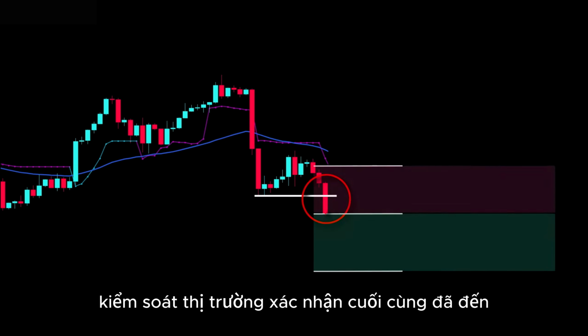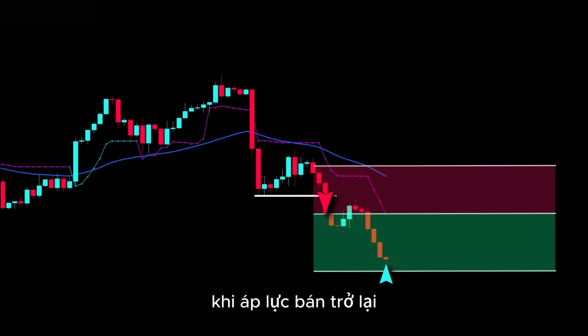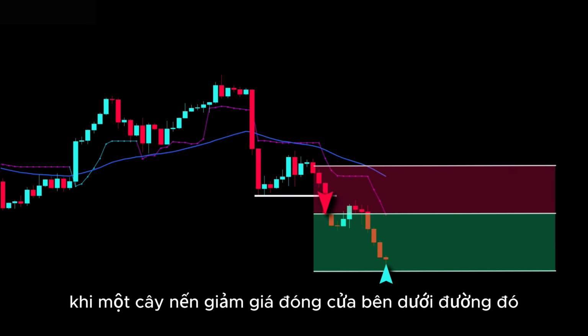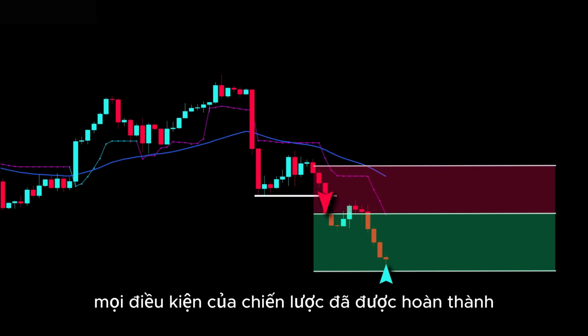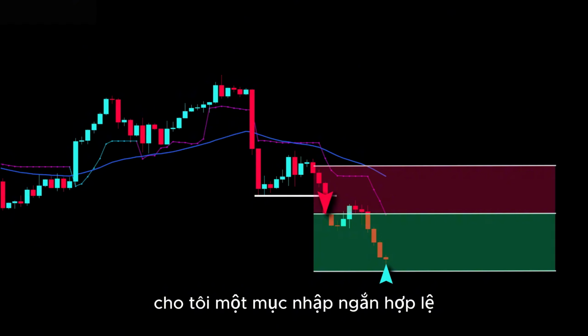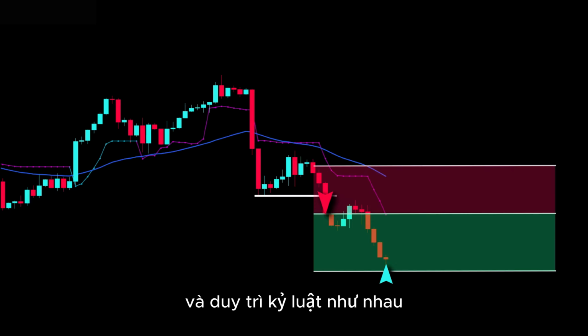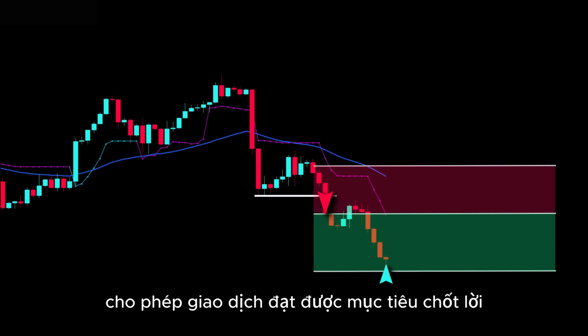The final confirmation arrived when selling pressure returned and the market broke below the horizontal support level. Once a bearish candle closed beneath that line, every condition of the strategy had been fulfilled, giving me a valid short entry. After opening the position, I once again used the chandelier stop to control risk and maintained the same disciplined 2-to-1 reward-to-risk ratio. Shortly afterward, the downward momentum accelerated exactly as anticipated, allowing the trade to reach its take-profit